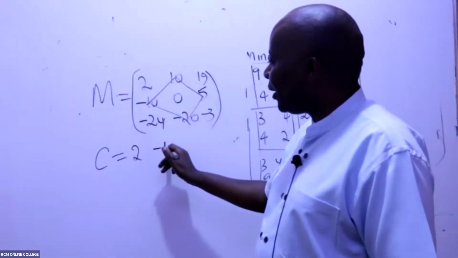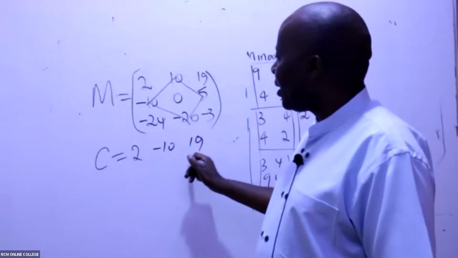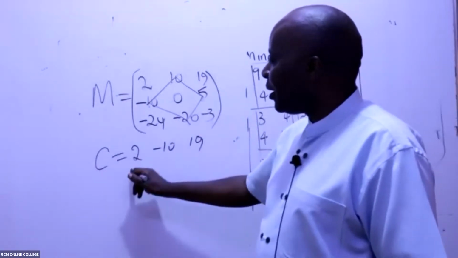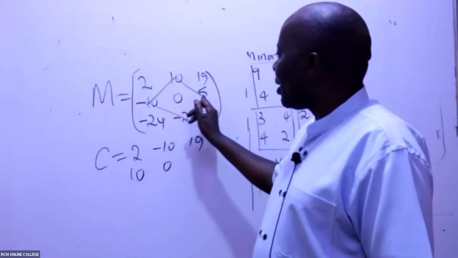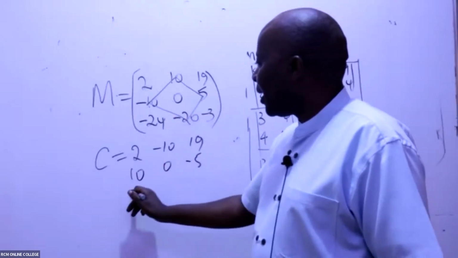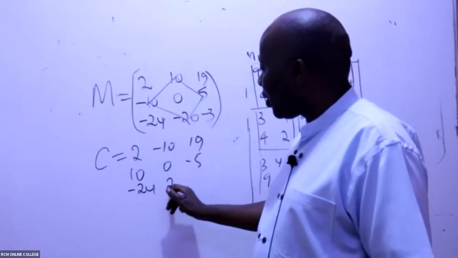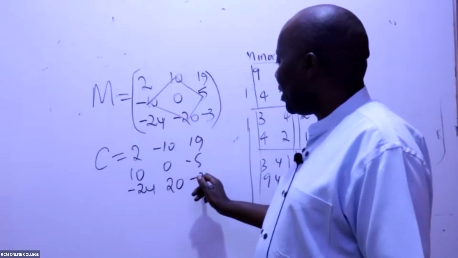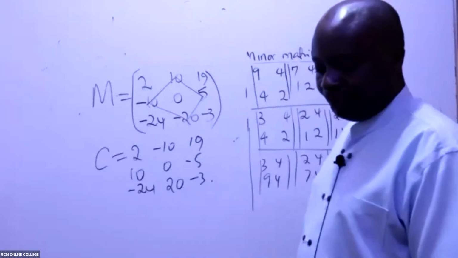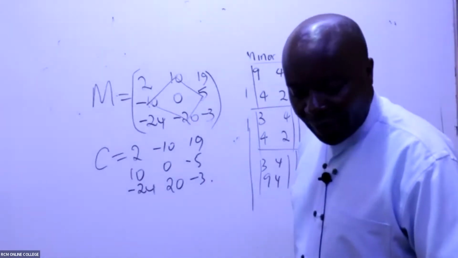So it becomes minus 10. This is 19. This is now positive 10. This is 0. This is negative 5. This is negative 24. This has been touched by the diamond. So in this case here, 20 positive. And then we have lastly, minus 3 like that. Now, ladies and gentlemen, after getting this,